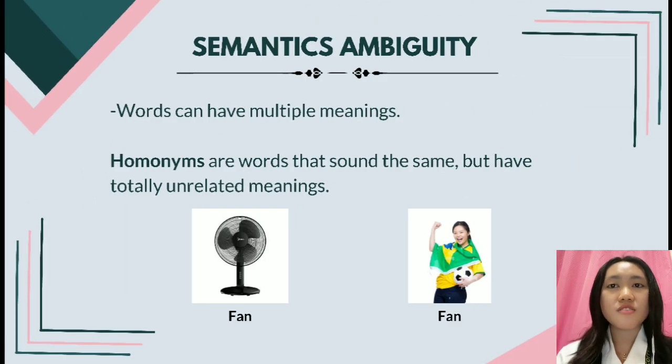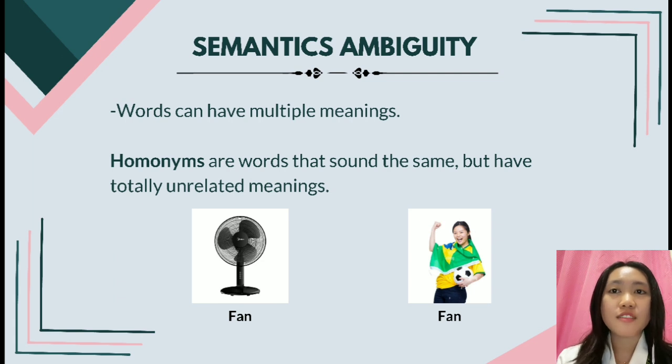Another type of semantics is semantic ambiguity. Semantic ambiguity refers to words that can have multiple meanings. It is when a word, phrase, or sentence can have more than one meaning. Under this semantic ambiguity there are also types. The first type is the homonyms. Homonyms are words that sound the same but have totally unrelated meanings. For example,